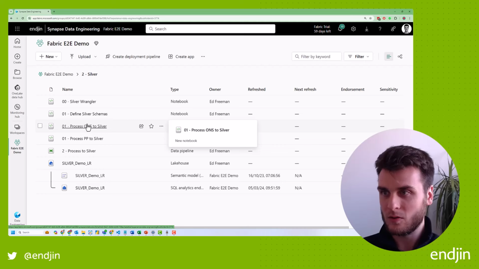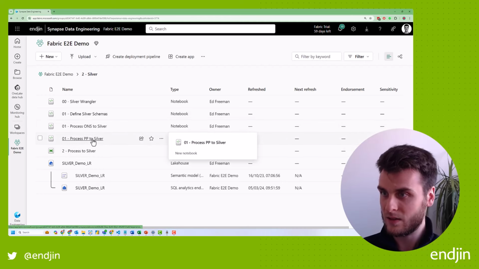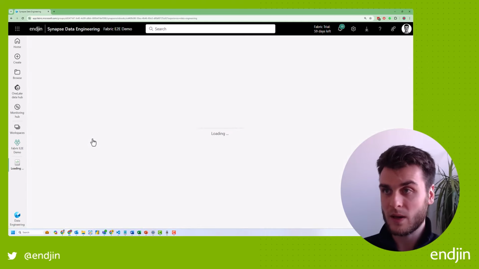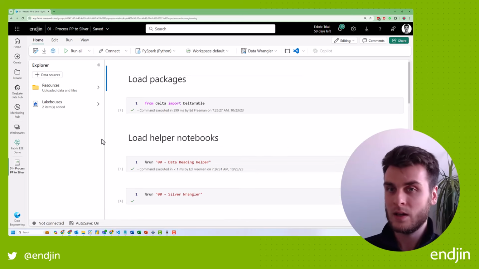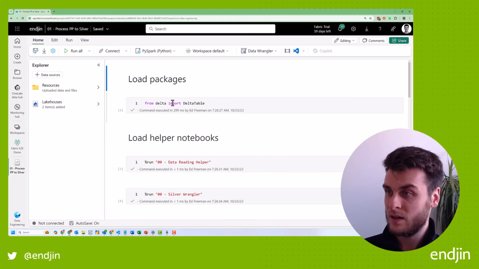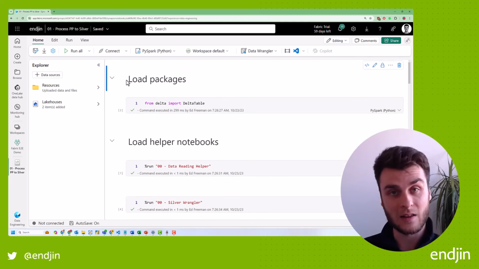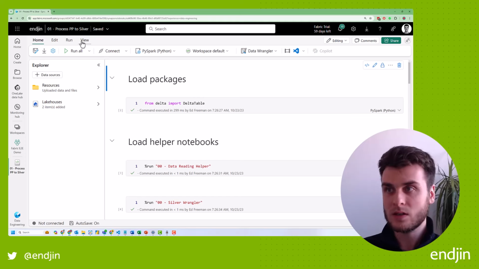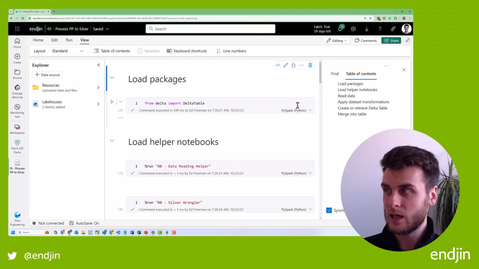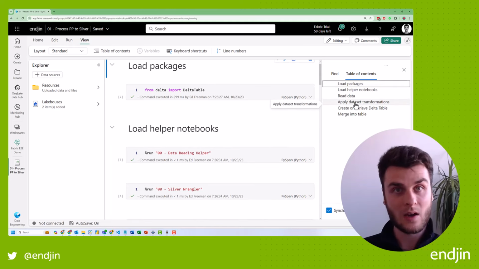But then if we go back to more specifically what we're talking about today, we want to create modular code. Now, the main place where we actually execute all of our code is, for example, this process price paid to silver. And we saw this last time, and we go through various steps. First of all, we've got the commentary. So we've got just these headings for now, but you can imagine you can write much more detailed commentary if you wanted to. And what this means is if you go into the view, you can actually have a table of contents,